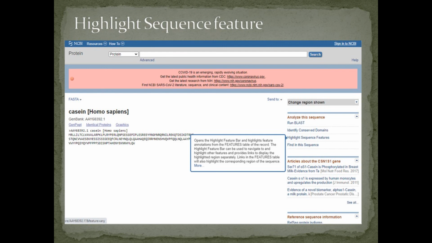The highlight feature bar can be used to navigate to and highlight other features and provides a link to display the highlighted region separately. Links in the features table will also highlight the corresponding region of the sequence.